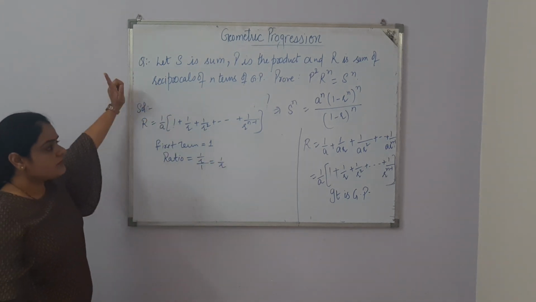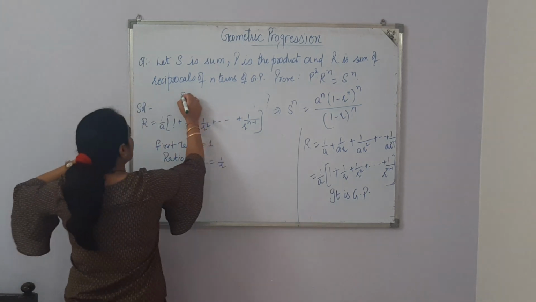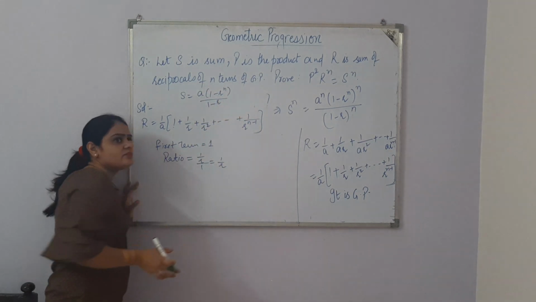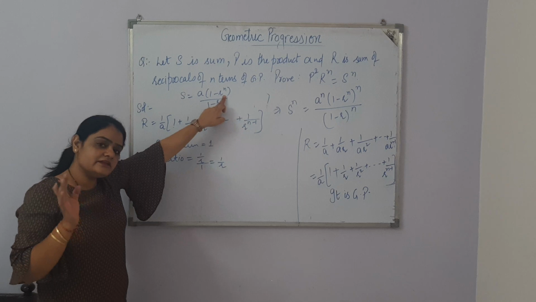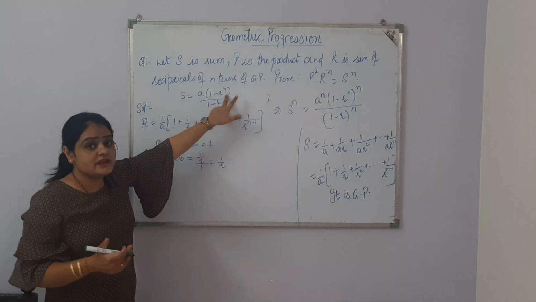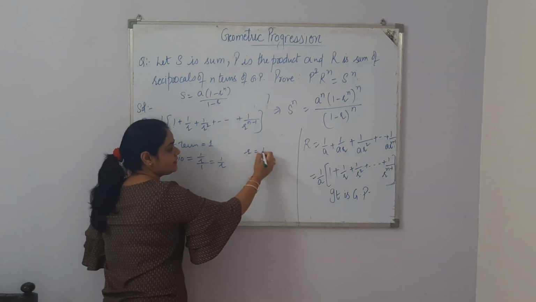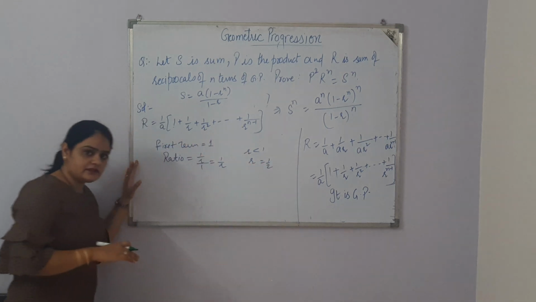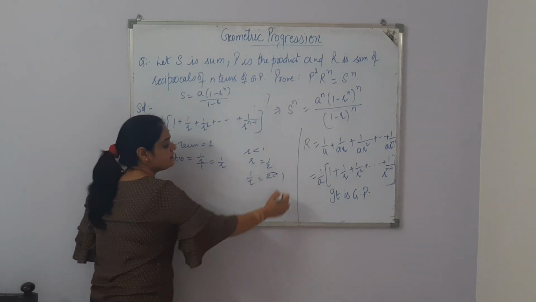Now, before that, when you took the formula of S, the formula of S was a into 1 minus r raised to power n upon 1 minus r. If we apply this formula, as per this formula, r is less than 1. Well, it is not given to us that r is less than 1 or greater than 1. But as per the formula, it is showing that r should be less than 1. If r is less than 1, let's take it as 1 by 2. So whenever its reciprocal is taken, it becomes 2, which is greater than 1.